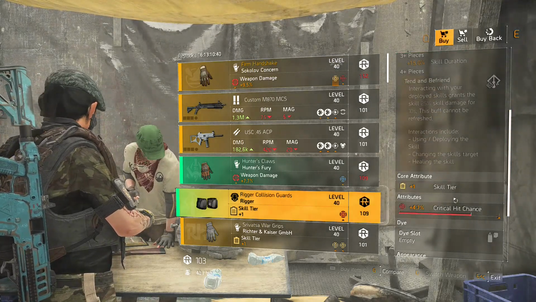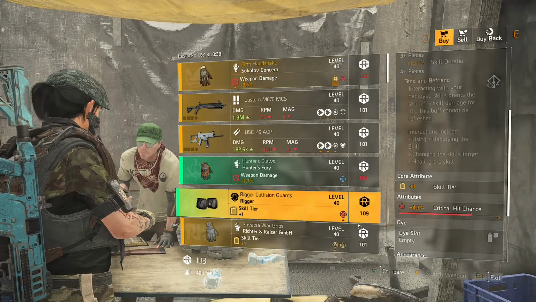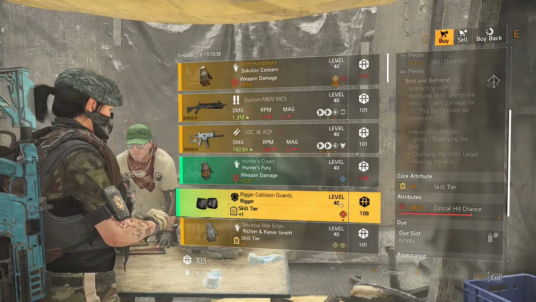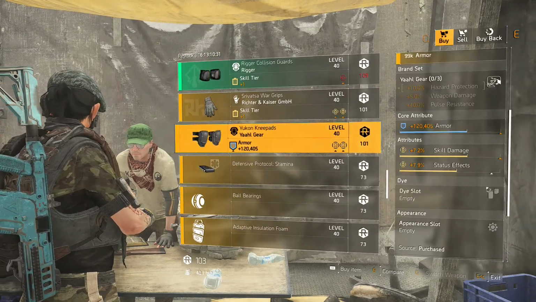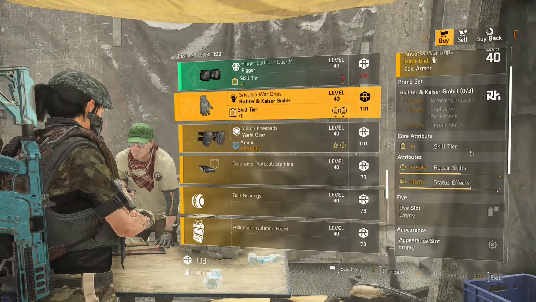I mean, you could always just re-roll this, but you'll probably have a million rigger pieces if you are running the season pass right now. Other than that, we don't really have anything too special that's really going to step out, but tomorrow we do have Cassie,